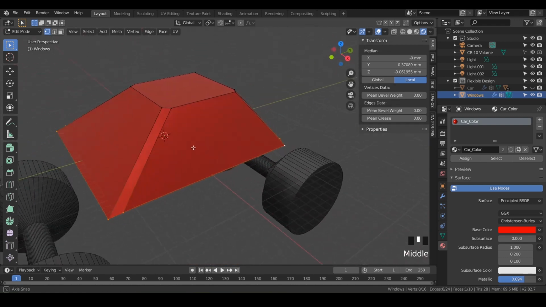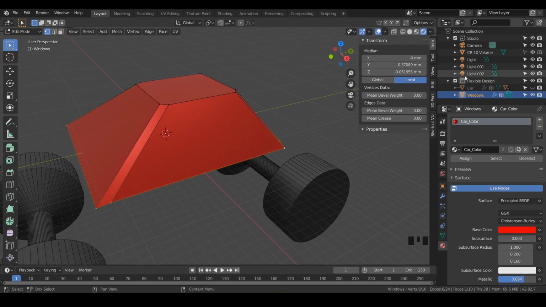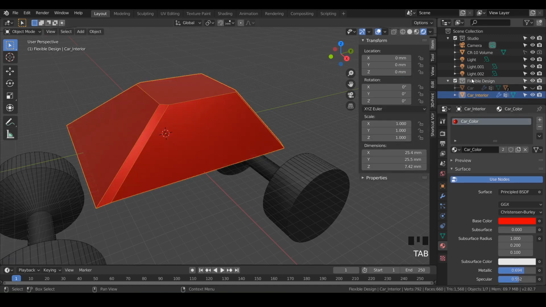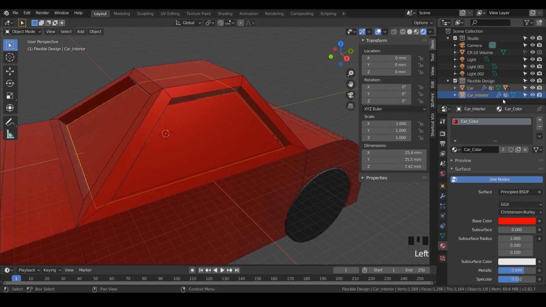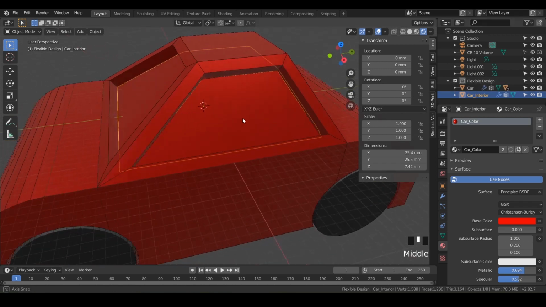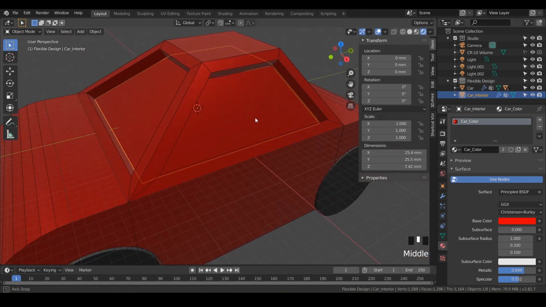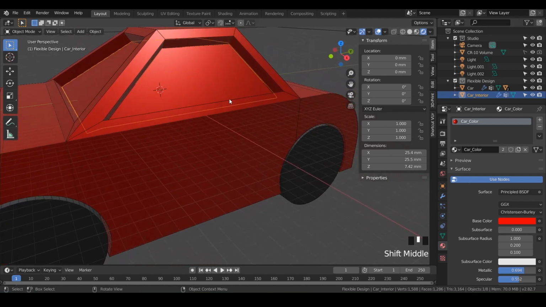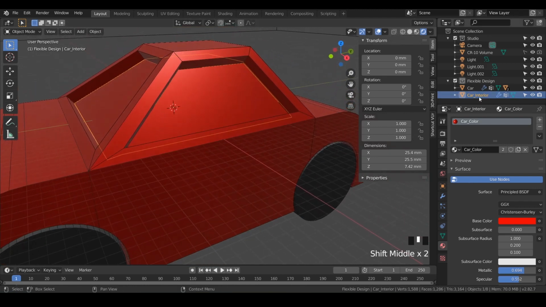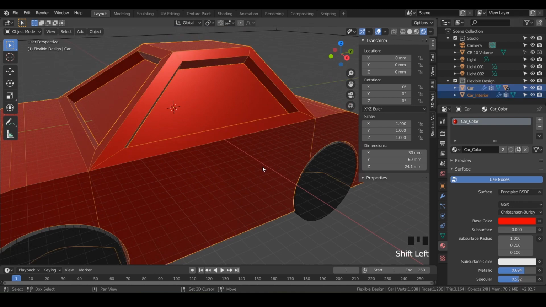And we actually don't need to call this windows. We need to name this maybe like car interior, because we're going to use this to subtract from our car. So let's go back into object mode, turn our car back on right there, and let's bool tool this out of our car. So we still got the car interior selected, and then we'll shift click on the car